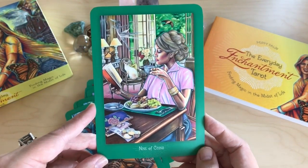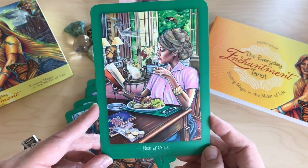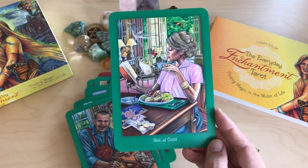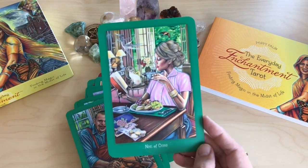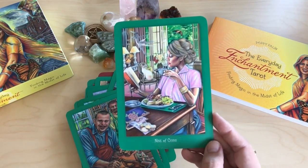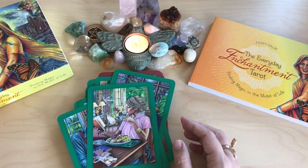9. One of my favourite cards, that luxury, having coffee and cheese and biscuits and grapes while I read my book and my kitty cat sits there and my money is just spilling out of my purse and I'm not a care in the world. Nobody's going to steal it from me. The doors are wide open. Love it. That's just such a narrative, right? That's one of the things that I love